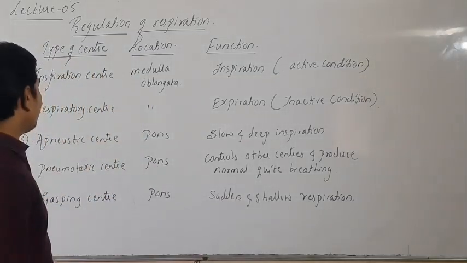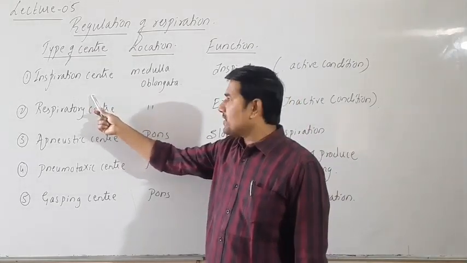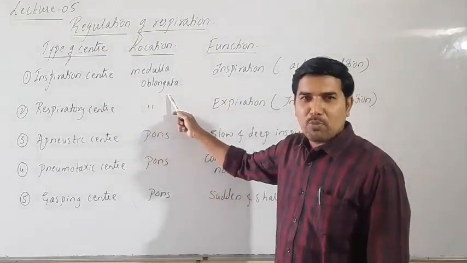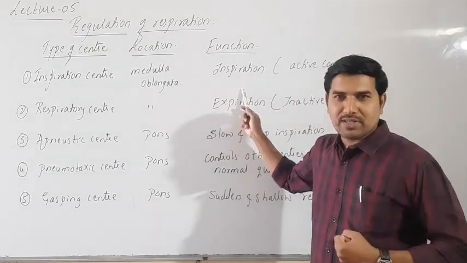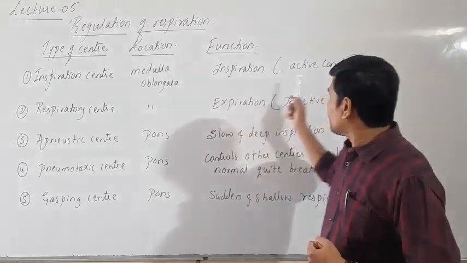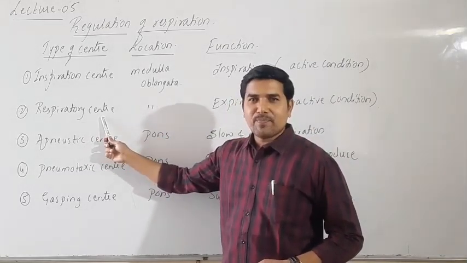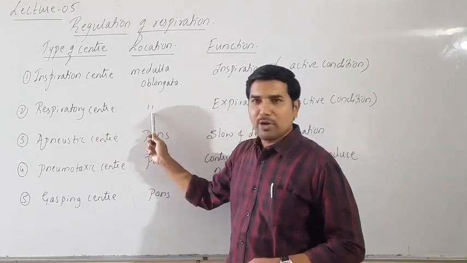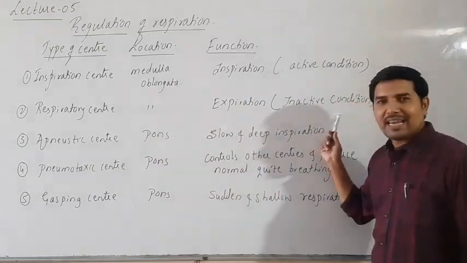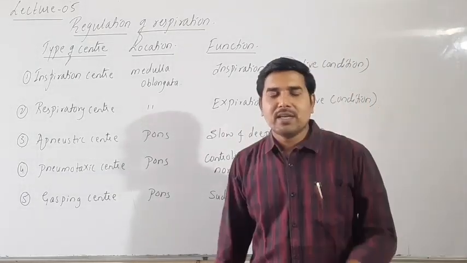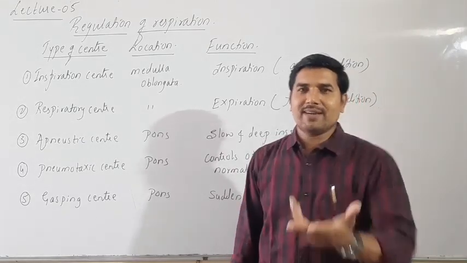Let's look at the centers. The first one is the inspiration center. Its location is the medulla oblongata, and its main function is inspiration, as inspiration is an active process where energy is utilized. The next respiratory center, located in the same part, the medulla oblongata, leads to expiration, which is an inactive condition. That means intake of air requires energy, and giving out air is just a